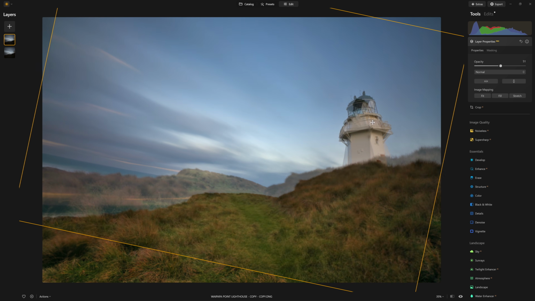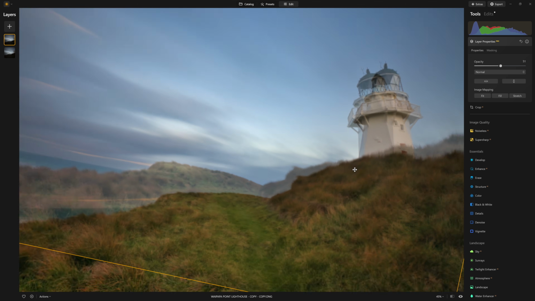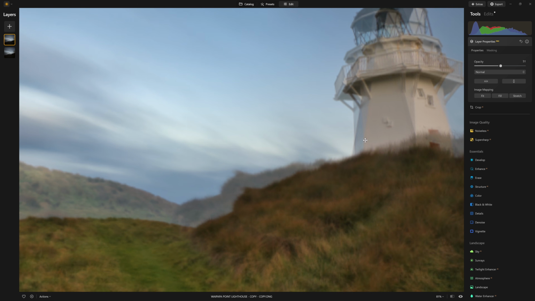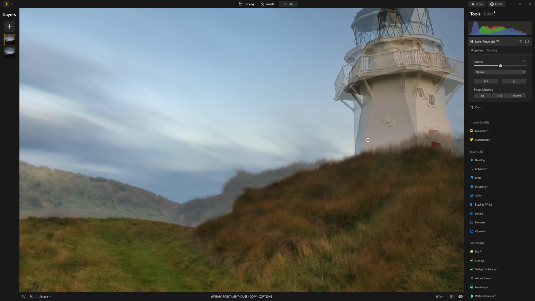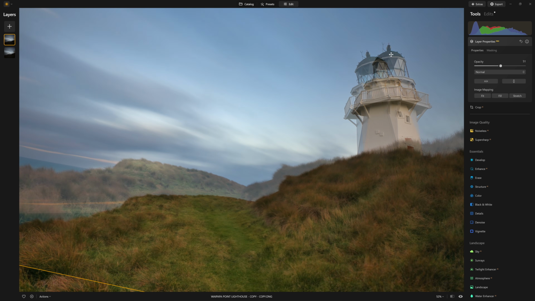And I'm going to match up the bottom left-hand corner of the new lighthouse with the original one just down here. And if you're not sure, you can just zoom in, and I'm using the scroll wheel on my mouse to do that. And I just want to really make sure that those two lines at the bottom edge intersect. And now what that's going to allow me to do is paint in the new version over the top with